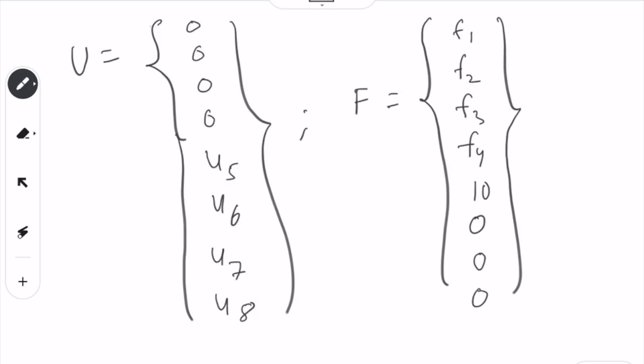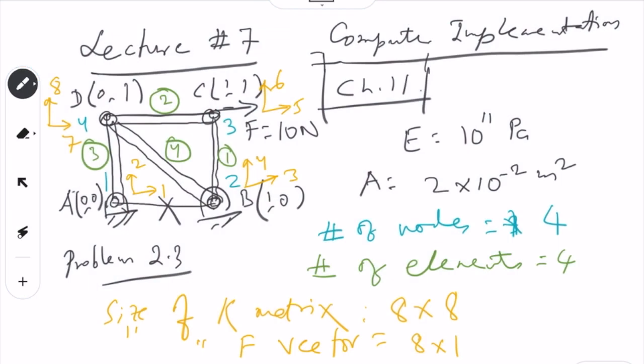Okay, now we have to find out K, and in order to find out K, we have to first find out what is the matrix of this one, this K matrix, which is easy to do. So for 1 we can write K1 and EA over L, we have to calculate for this one, and